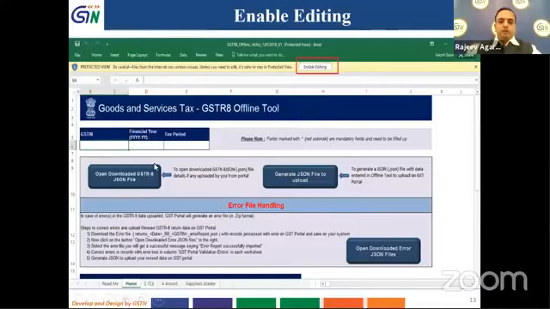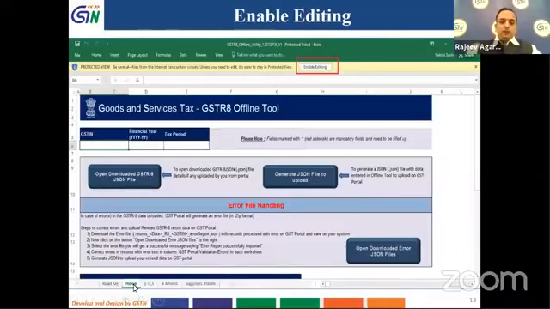Then there are a few buttons given over here. That is, open downloaded GSTR 8 JSON file. This button is used to open all the data which we have successfully uploaded on the GST portal, when we just want to download it and view it. Then this is generate JSON file to upload. That is, when we have filled in data on this tool, you can use this button to generate the JSON file to upload on the GST portal. Then this button is used to open the downloaded error file. Supposing we have created a JSON file over here and uploaded the data and there is some problem, then you can use open downloaded error JSON file to view those data and correct it.